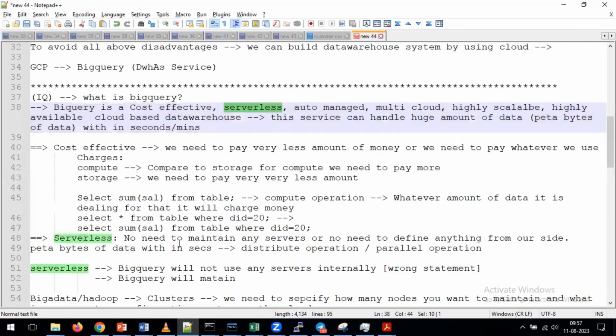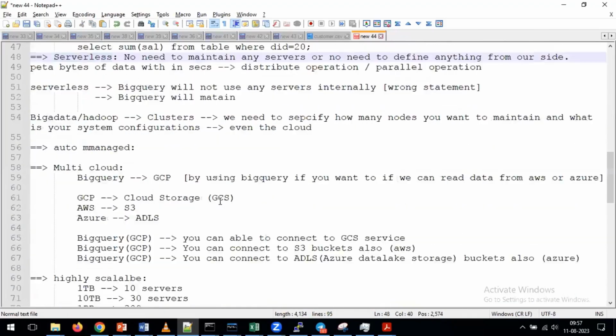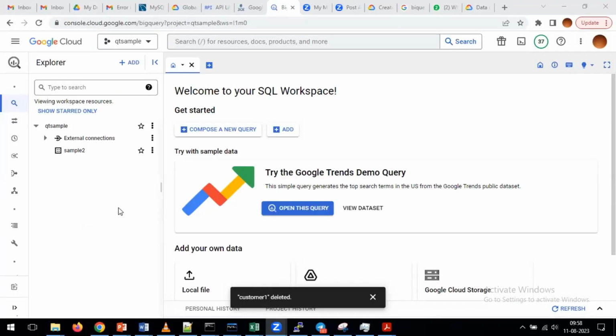With that, you are able to get an overview of BigQuery. Now, for example, I want to open the BigQuery service. Try to give the answer: how do you open the BigQuery service? Now see here, if you want to open any service, as we discussed earlier, we need to go to our